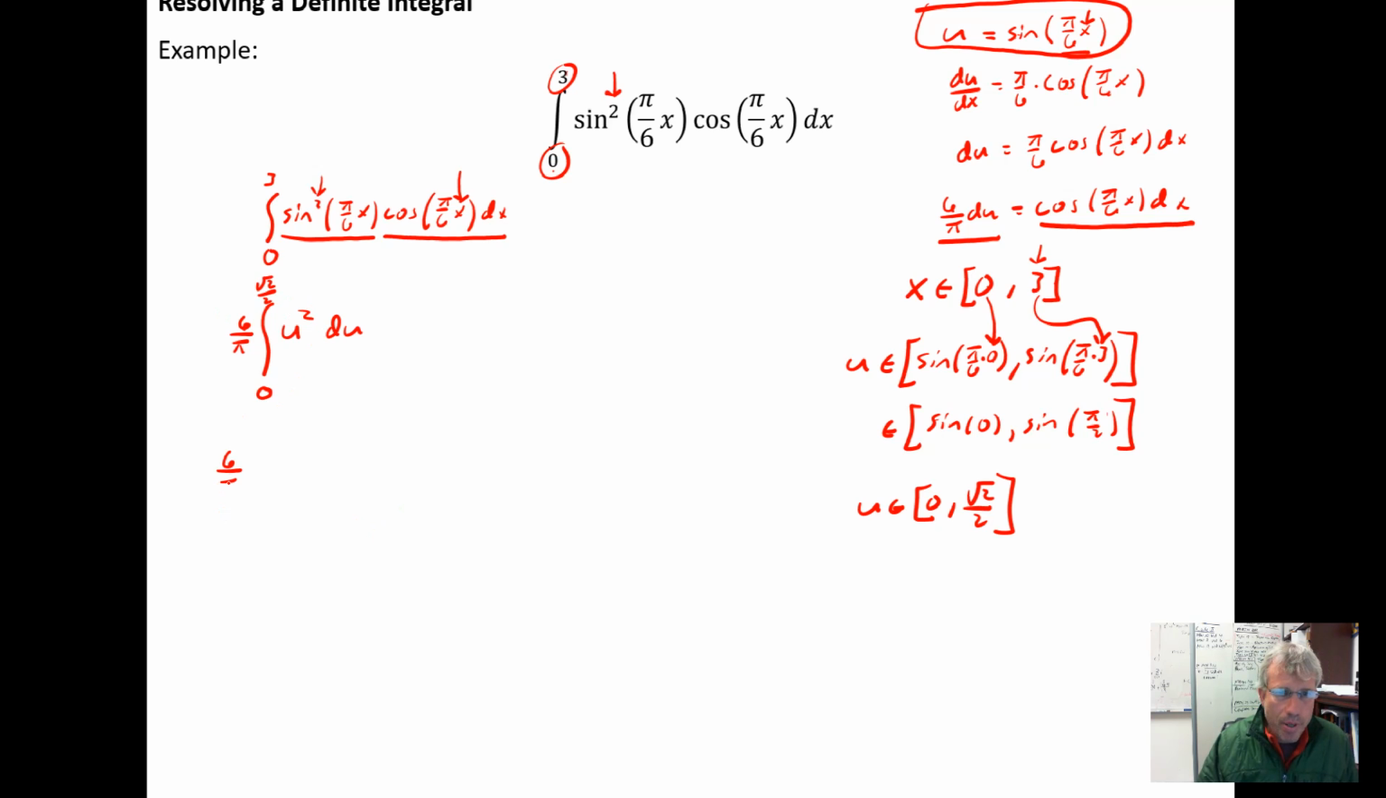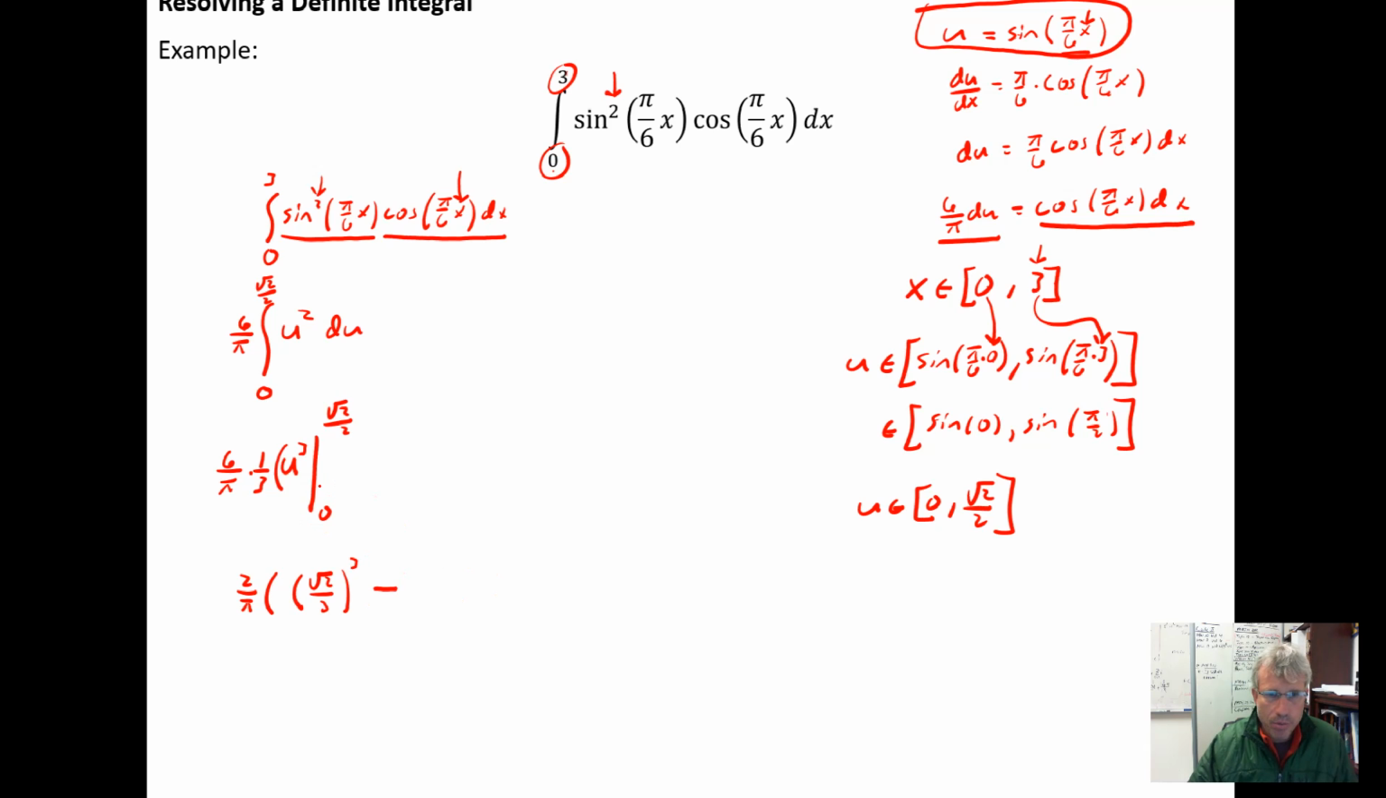So I get 6 over pi times u cubed, but I need to multiply by the reciprocal of the 3, so I increase the 2 to a 3, and I multiply by the reciprocal. And then I need to evaluate this from 0 to the square root of 2 over 2. And then 6 over pi times 1 over 3 is equal to 2 over pi. So I can simplify the constant terms, plug in the upper bound of integration using the first fundamental theorem of calculus. We plug in the square root of 2 over 2, and we're cubing it,